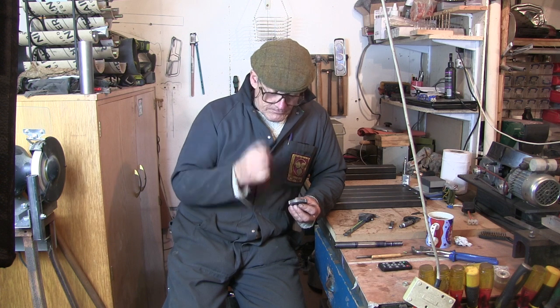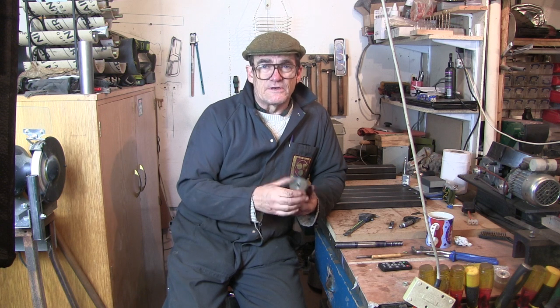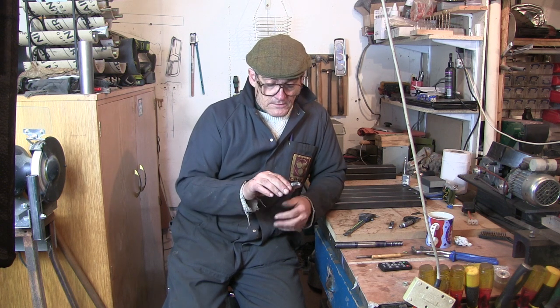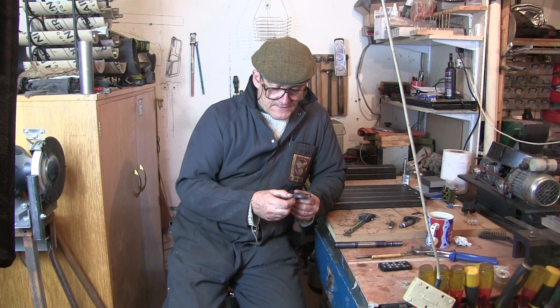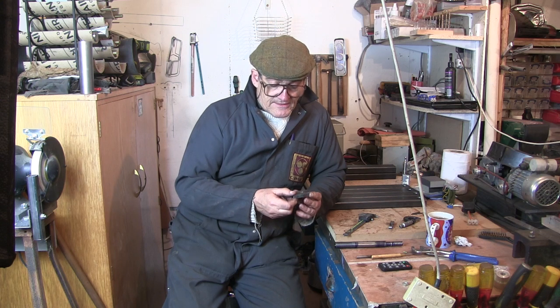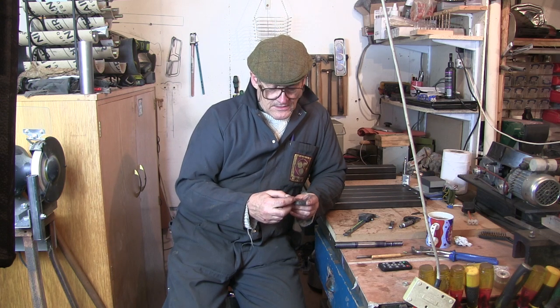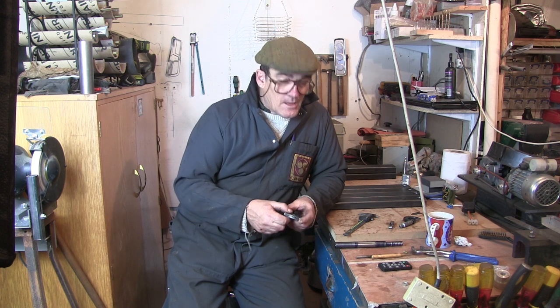So, I do know that this gear would have to be 47mm diameter. It's 10mm thick, and it needs a module 1 cutter to cut the teeth. So I did think about making just a single point cutter and trying to cut them, but then